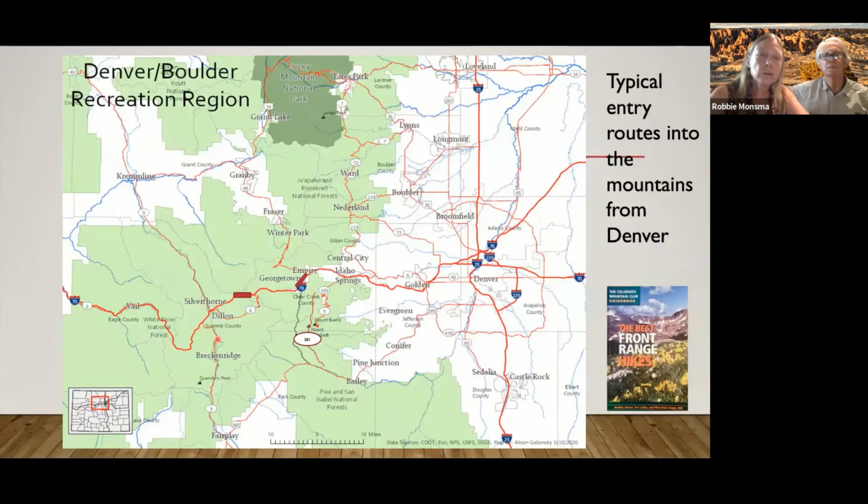I wanted to show you a couple things. One of them is, I call them the main gateways. What are the roads we take in to the Front Range? Also some of the towns that we stop at on the way in, and we'll show you that later too. We usually start somewhere along, meet somewhere along the Front Range, close to CMC, maybe down in Golden, somewhere out here. And just going from north to south,